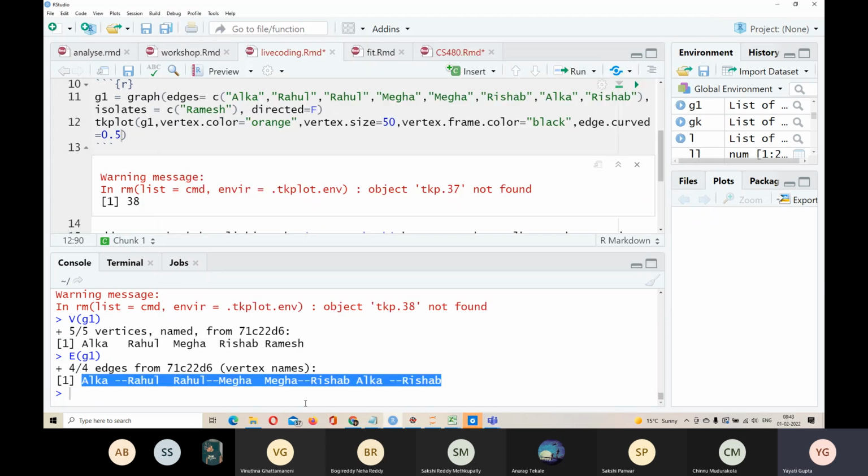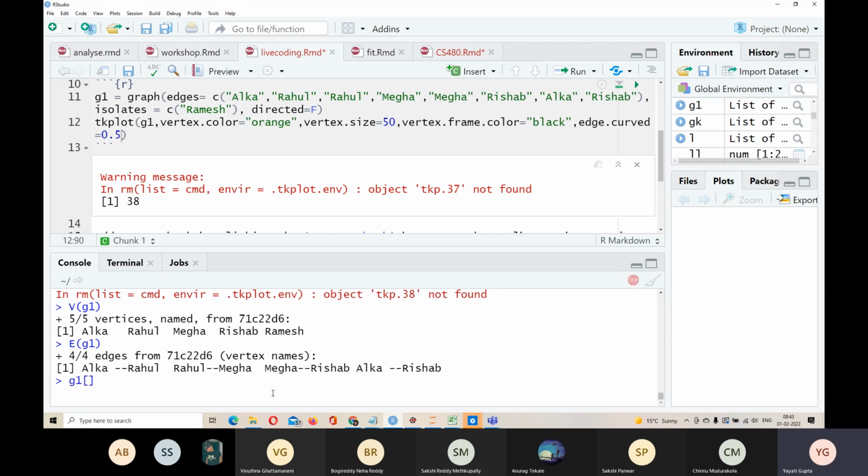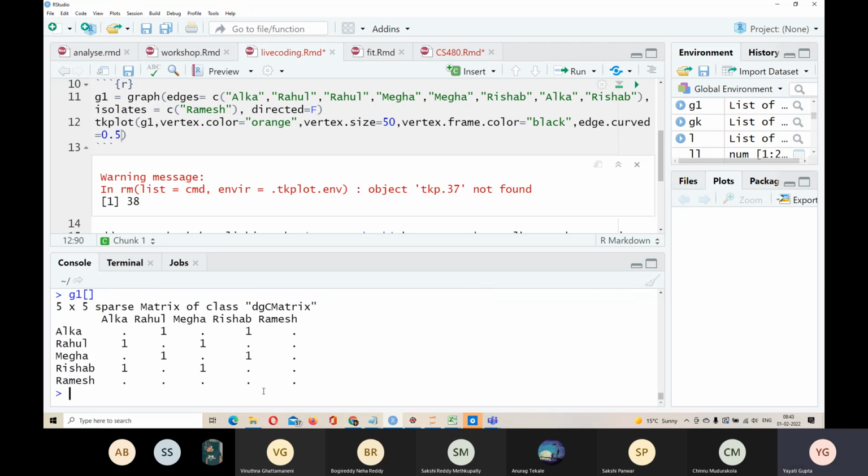So the most common graph representation is an array in the form of an adjacency matrix. You can create an n cross n matrix. Let's say I have 5 nodes here, so you can create a 5 cross 5 matrix, and in that matrix A_ij will be 1 if node i is connected to node j. Let me show you what we mean by that. If you write this, look at this. It shows me a matrix where I have all these names in rows and columns, and you see a one where there is an edge. So this is one of the ways in which you can represent a graph.